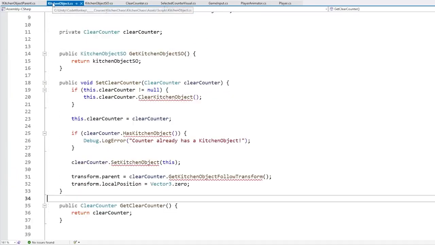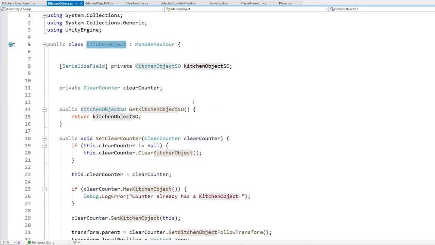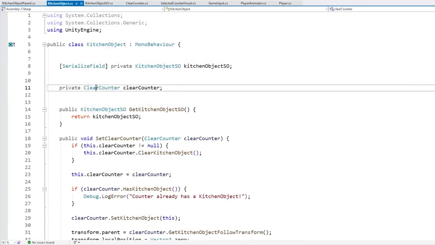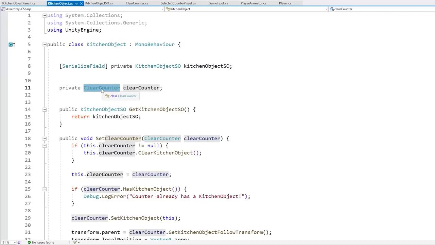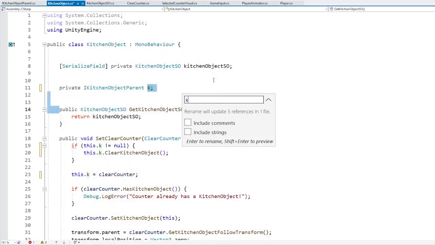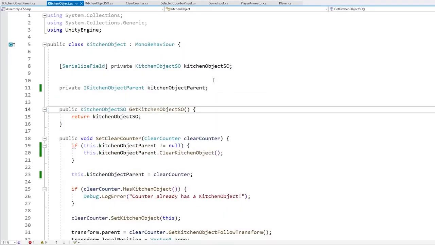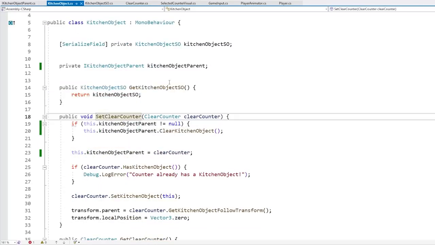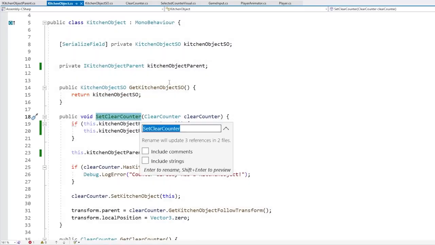Now let's just go into the kitchen object over here on this script. For now, we're still working with the type clear counter. So let's just refactor this to, instead of working with a clear counter, make it work with a kitchen object parent. So let's just change this from that type to kitchen object parent. Let's also rename this, so let's use Ctrl+RR for the kitchen object parent. Then we got a function to return the kitchen object. Okay, that's good. For this one, instead of set clear counter, let's once again rename this to set kitchen object